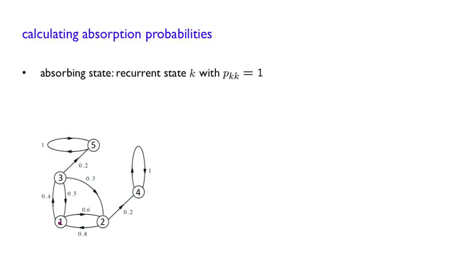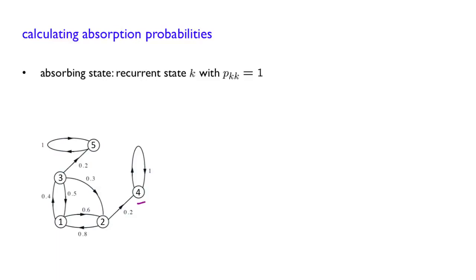But what if the Markov chain started in either 1, 2, or 3? Eventually, after some moving around, you will either make that transition to state 4 and get absorbed by it, or you're going to do that transition and get to 5 and get absorbed by the state 5. So the question is, are you going to end up in 4 or are you going to end up in 5? Well, we don't know for sure. These correspond to random events. But can we say anything about their probabilities? Well, let us try to calculate the probability that you end up in 4 as an example.